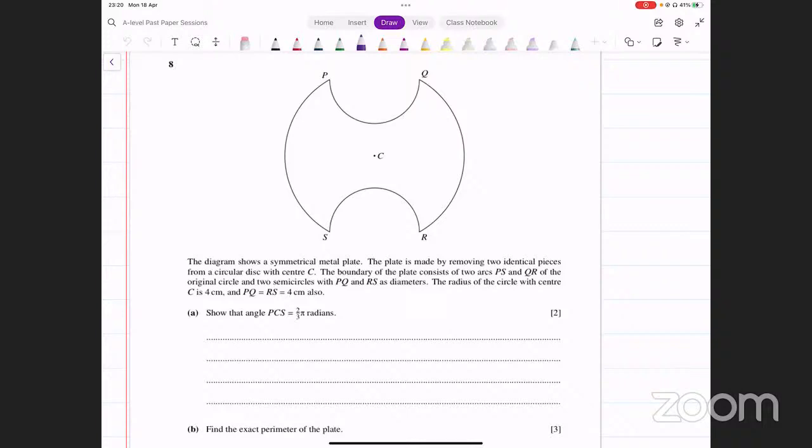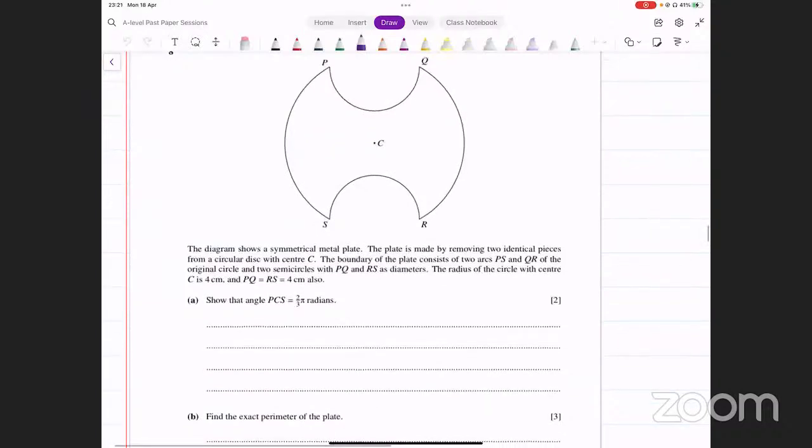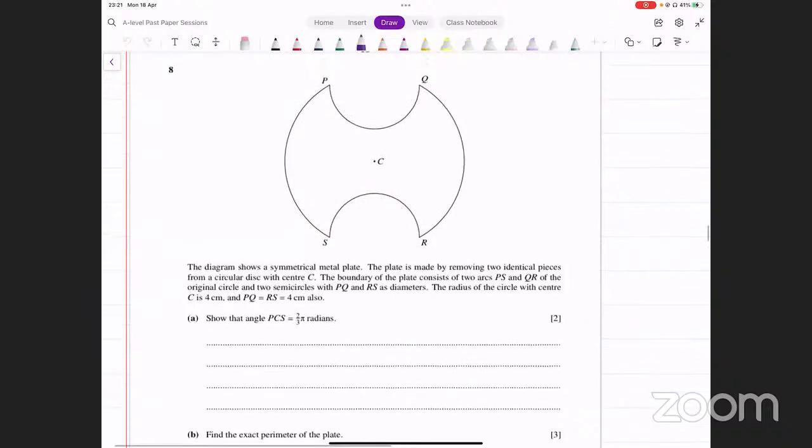Okay, let's look at this. The diagram shows a symmetrical plate. The plate is made by removing 2 identical pieces from a circular disc. There's a full circle, and from it you have removed 2 identical pieces. And you can see those pieces here. This piece is removed, and this piece is removed. Now,